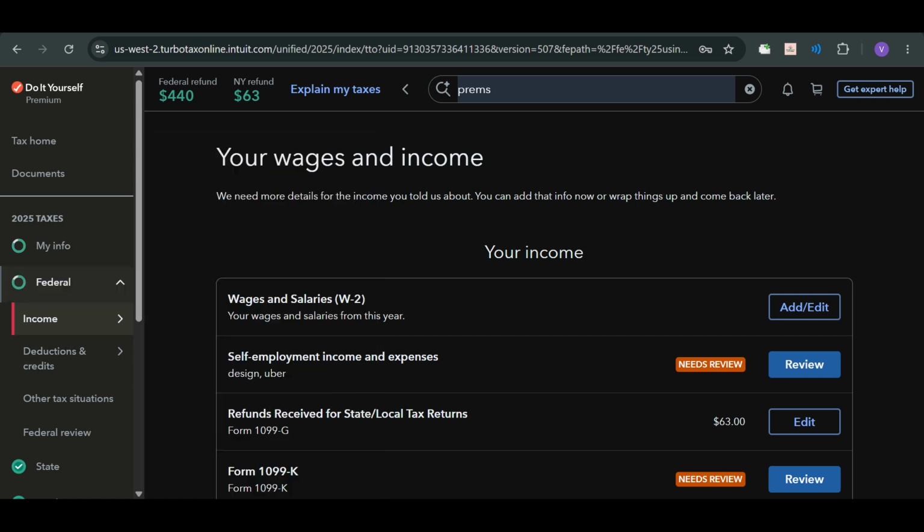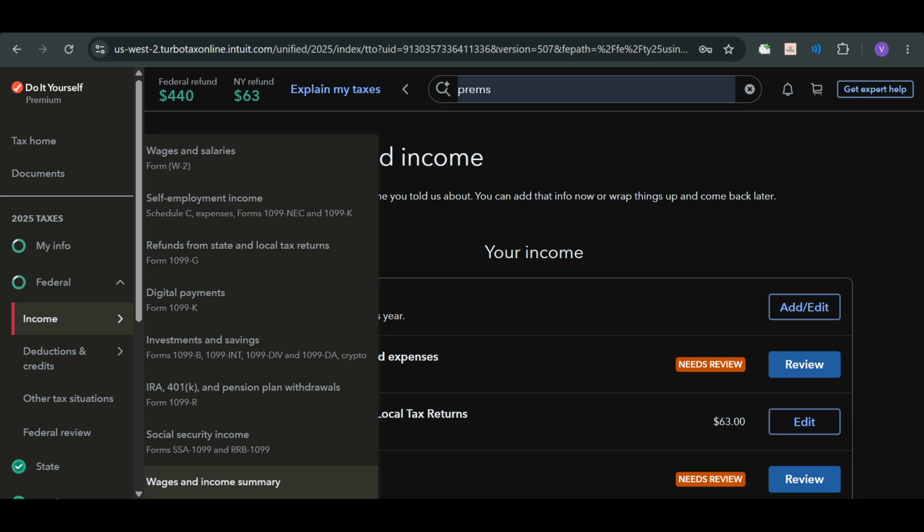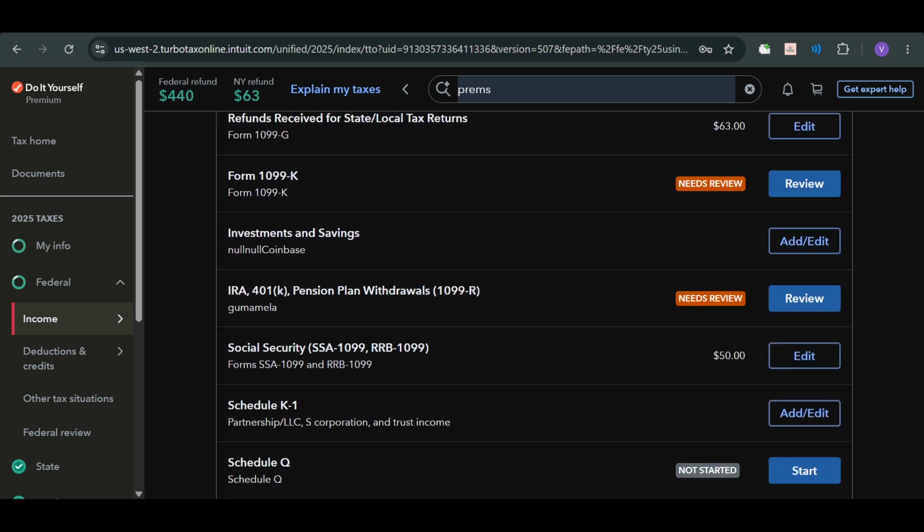Next, you'll want to navigate to the Wages and Income tab at the top of the page. In some versions of TurboTax, this might be labeled as Income and Expenses. Either way, this is where you'll find the information related to your rental property. Scroll through the list of income categories until you find Rentals and Royalties. Here, click on the Start or Revisit button next to Rental Properties and Royalties (Schedule E), depending on whether you've entered